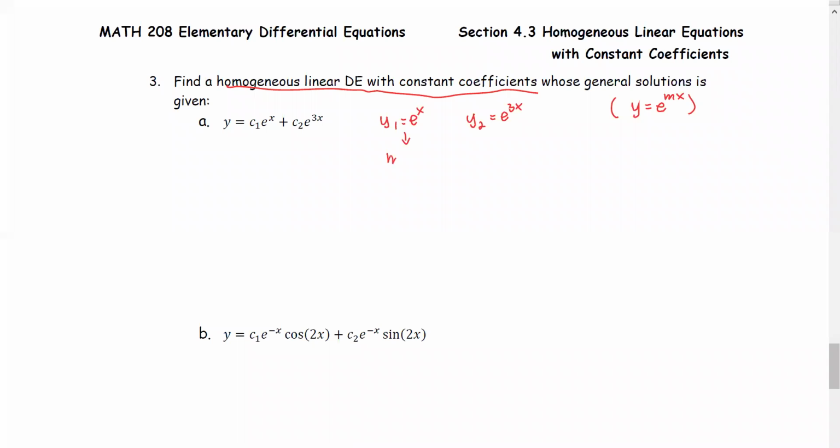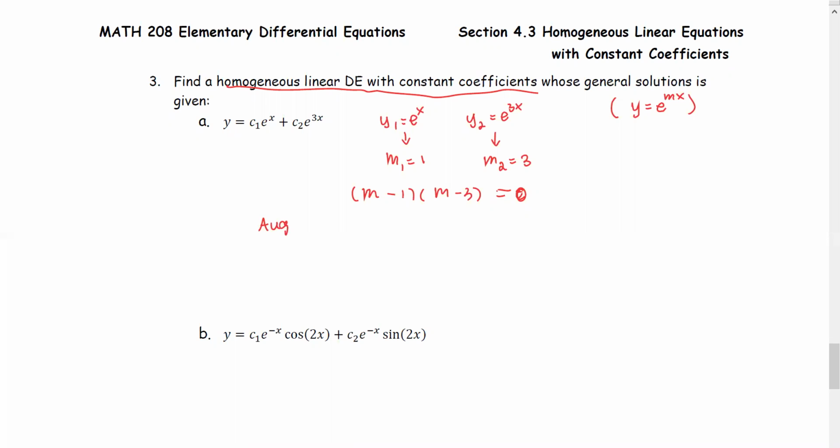For y1, we get m1 equals 1. For y2, we have m2 equals 3. And then put it back into the auxiliary equation, which means we have the form of the equation as a factor like m minus 1 multiplied by m minus 3 equals 0. And then expand or multiply these two factors to get the auxiliary equation